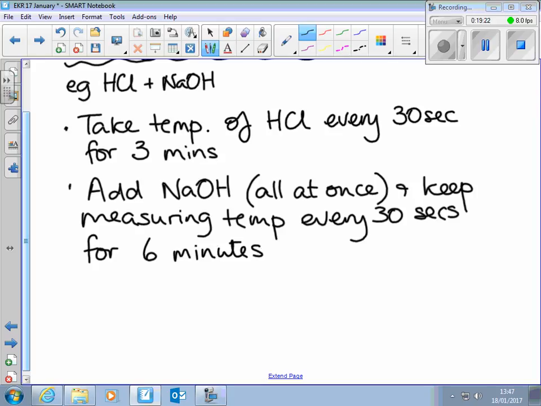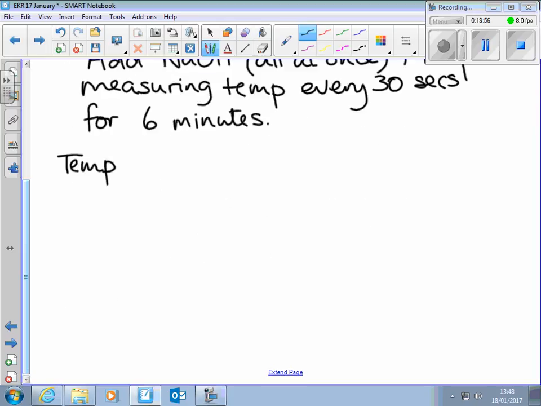It's usually enough, although we do find with the one that you do in the assignment, for some reason it can go on for ages. The temperature change is very slow on it. What will happen is that the temperature will rise quite rapidly, and you might remember seeing that in those little beakers when you added one substance to another. You got quite a quick temperature change, and then it slowed off, and then it started cooling down again. So what you get is temperature rises